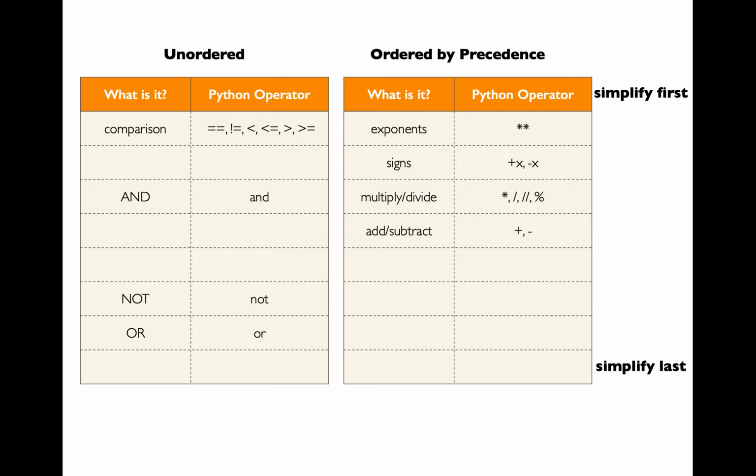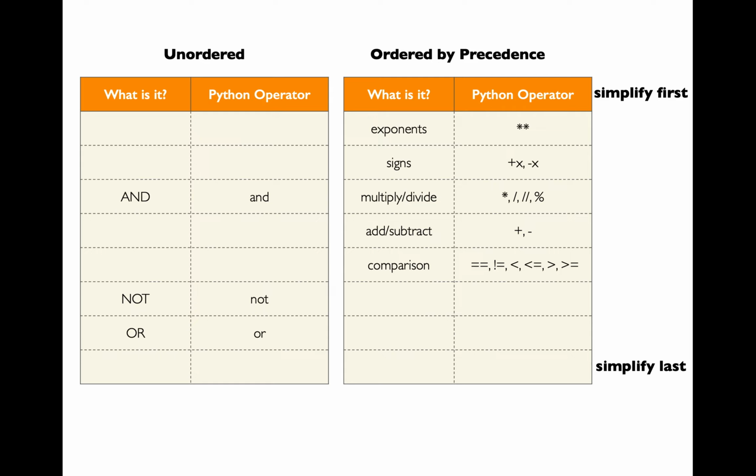Whenever you perform a mathematical operation, the natural follow-up task that you can think of would be comparing the result of the mathematical operations, correct? Hence, the ordering for comparison operators. Comparison operators include double equal to, not equal to, less than or equal to, and so on. When you perform comparison, your result will be a Boolean value, which is true or false. Hence, you have the Boolean logic operators as the final set of operators in the ordering.